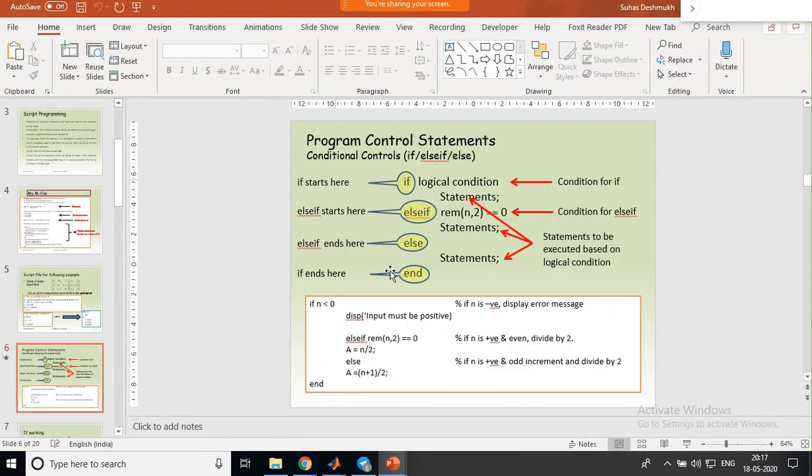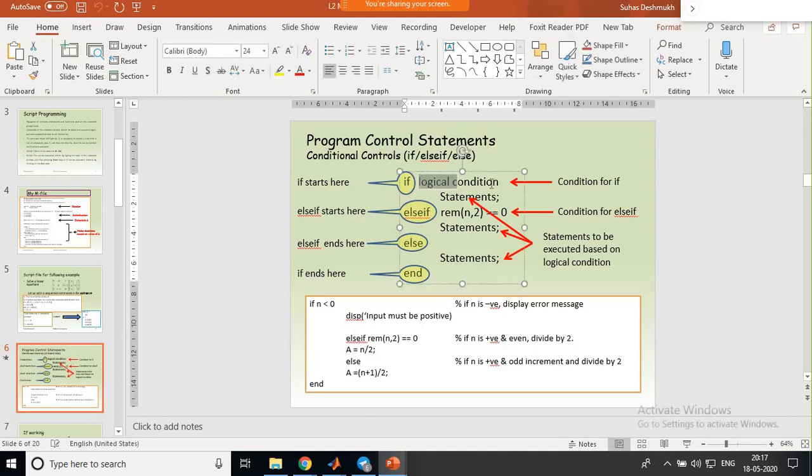Then next you want to have an if else kind of logic. In this if else type of condition, if is a command which is already stored in the library of the MATLAB compiler. In this if, after that you need to have some logical condition, and if this condition is true, if it is showing yes, the x is less than 1, it is less than 1, then these statements will be executed.